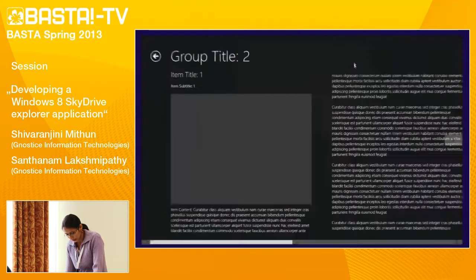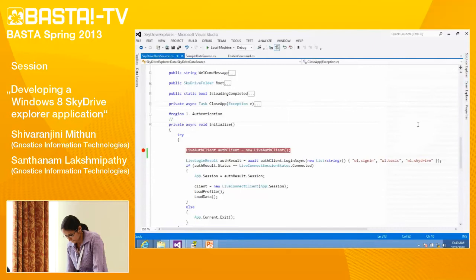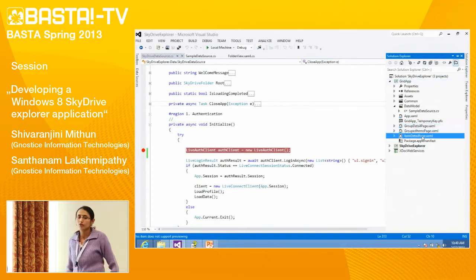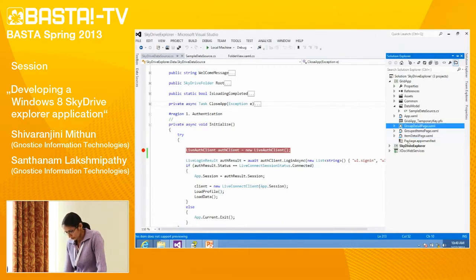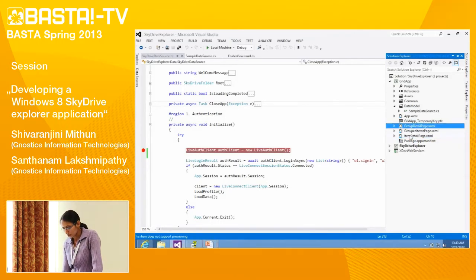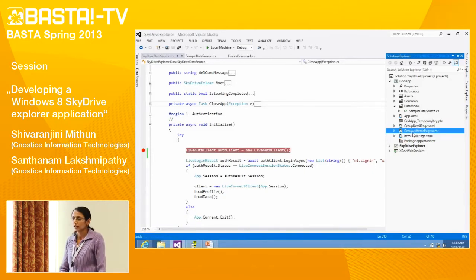Let me go back to the IDE now. Here are the 3 XAML pages which we have just seen. The group detail page is what we are going to use to display folder content, and the item detail page is what will represent a file viewer. We are going to choose these 2 pages and remove the other page, which we will not be using in our application.